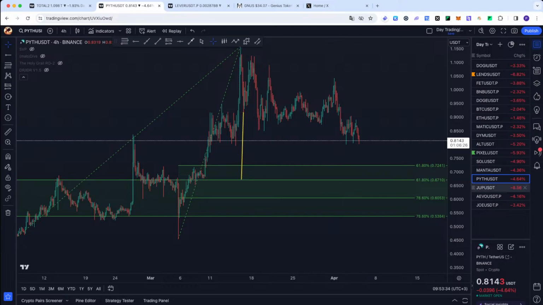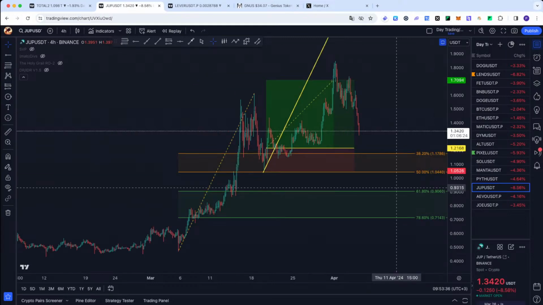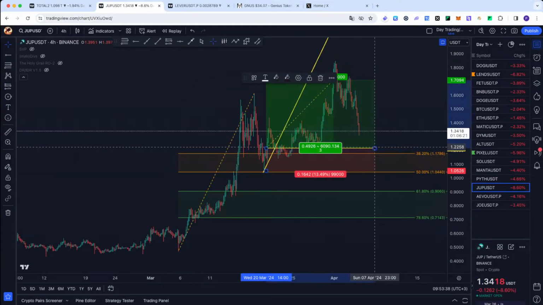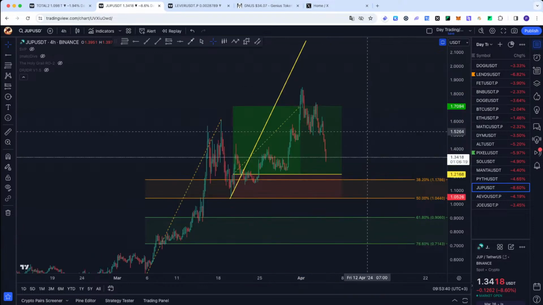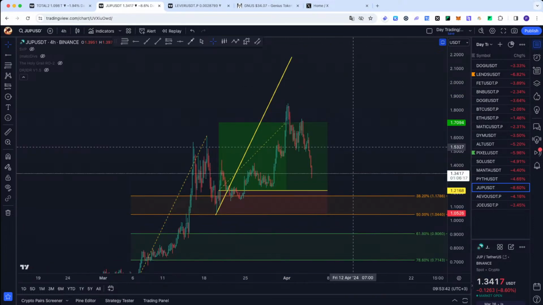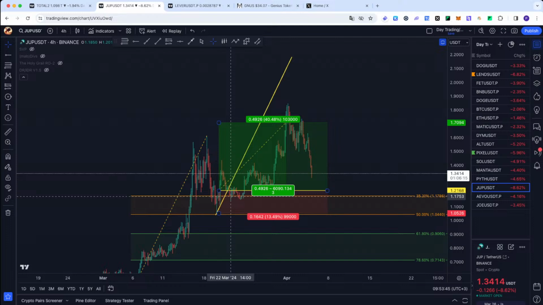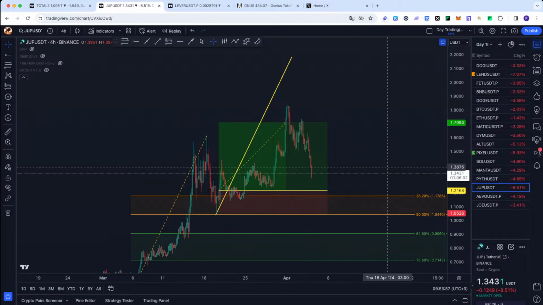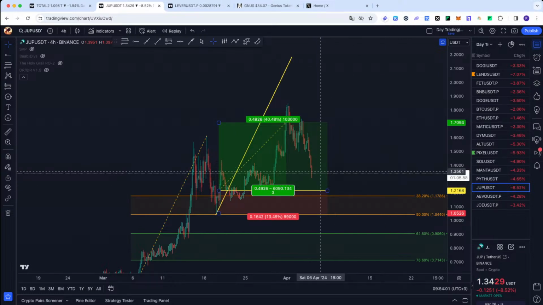Jupiter, well, I had high hopes for this one. I was hoping it would push to $2 and maybe higher. Well, I'm still in the trade. My stop loss is at scratch on this one. I have a moon bag. I said I'll take 70-75% here, and I'll trail the rest with the stop loss at scratch. I didn't move my stop loss. It's still at scratch. If it wants to stop me out, okay. If it pushes higher, even better. Nothing I can do here.